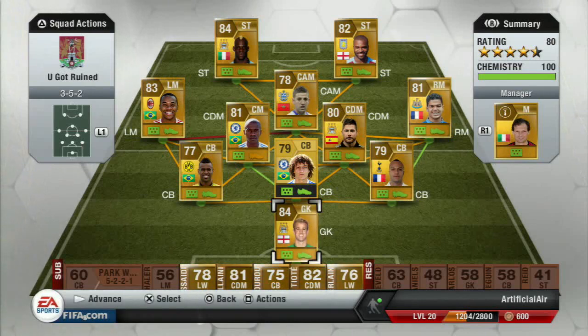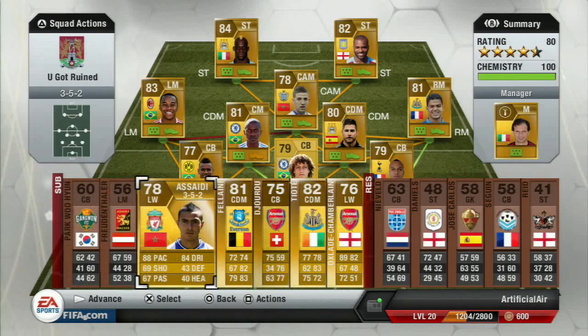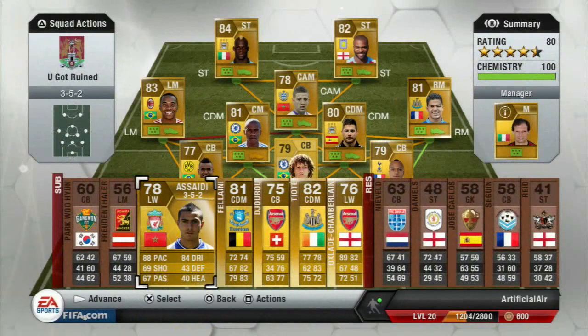You can see guys, I've got a few changes in the squad and I've bought a few other players. We'll take you through who I bought first. First of all, I bought Asaidi because he's got 5-star skills and 88 pace, comes from Liverpool. I bought him for 1,700 coins, pretty cheap. Need to get a left wing to left mid card for him to get that 9 chemistry, but he's going